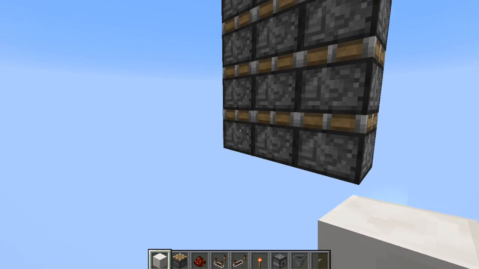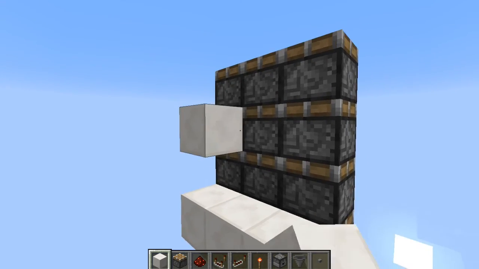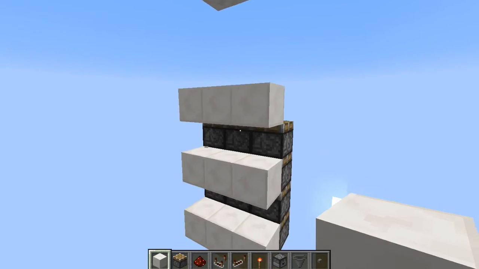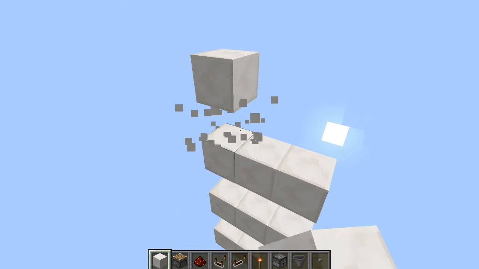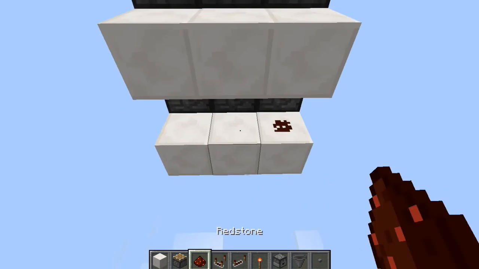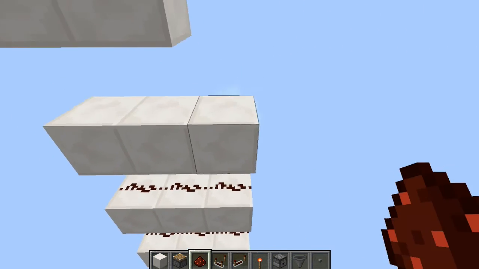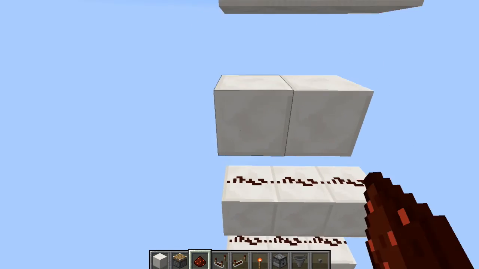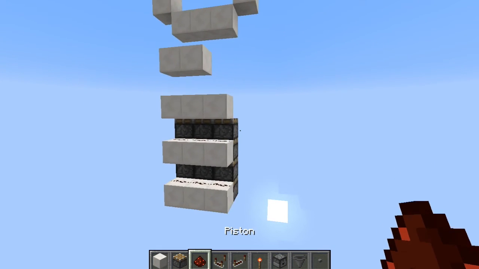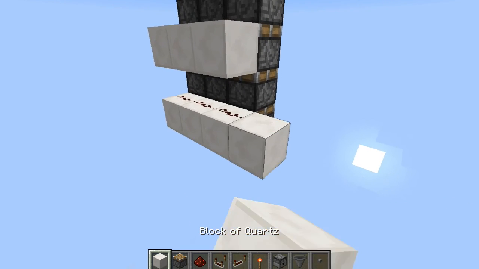Now we're going to place a line of 3 blocks going up like that, 3 high like that, and then a 4th one with just 2 blocks. And then go ahead and place redstone on all of those. Alright, now if we just go ahead and place,